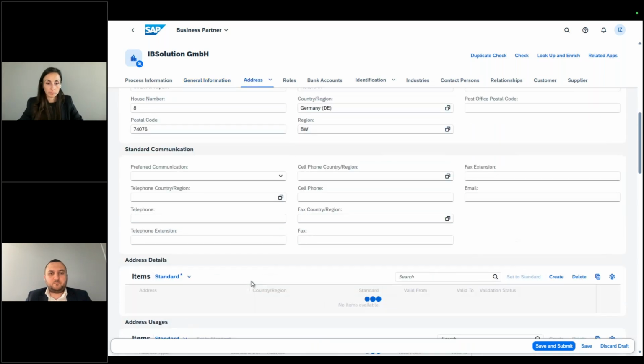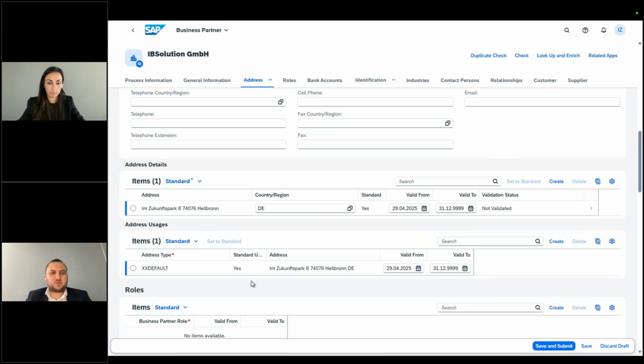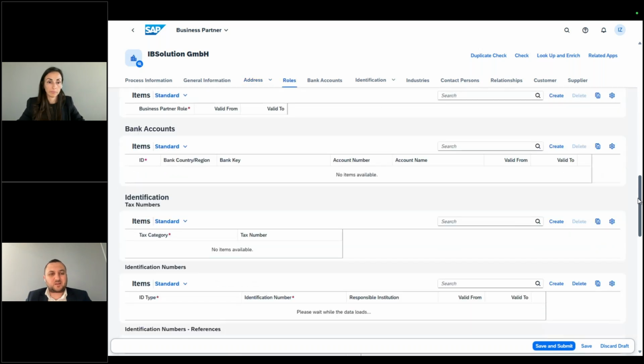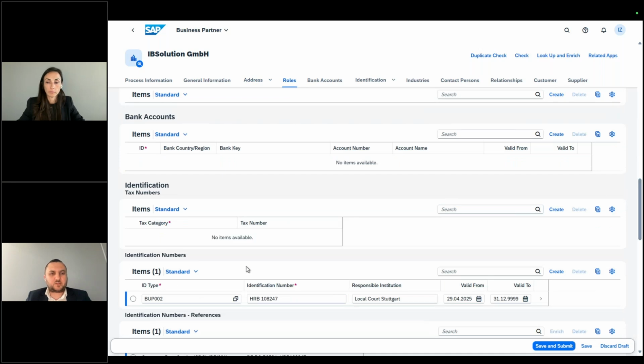And what is the most interesting part from my perspective, and I think it's also considered so from a lot of the users, is the information that you get, like tax numbers and the identification numbers.